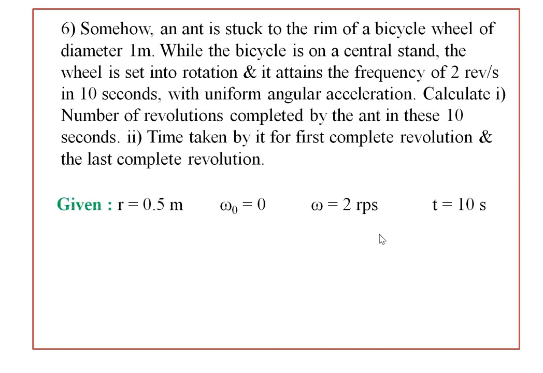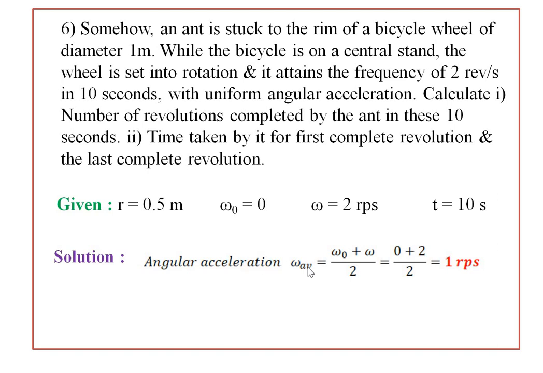First we write the given data in the example. r is equal to 0.5 meter because the diameter is 1 meter, so the radius is 0.5 meter. ω0 is equal to 0. ω is equal to 2 revolutions per second. Time t is equal to 10 seconds. So the solution for this problem is